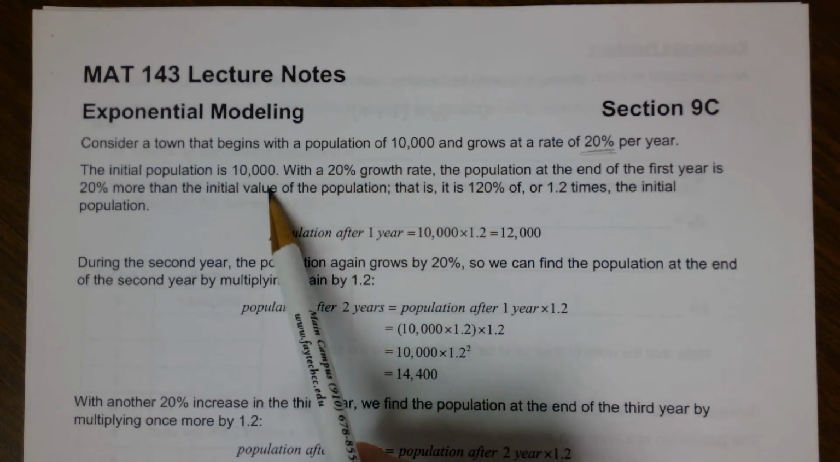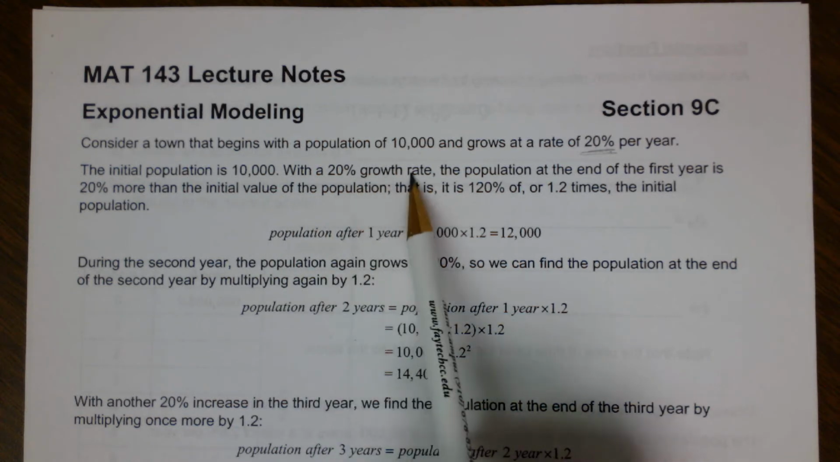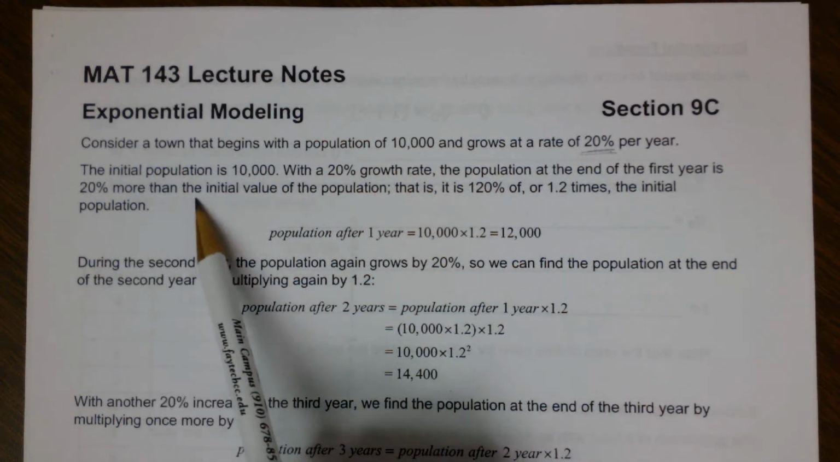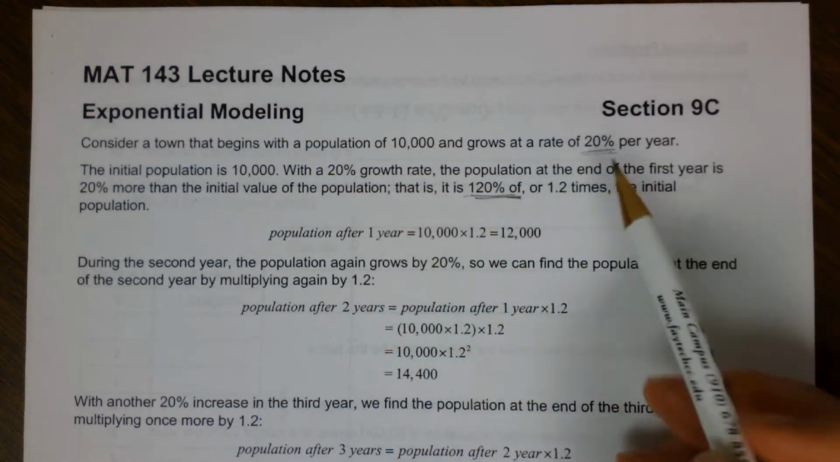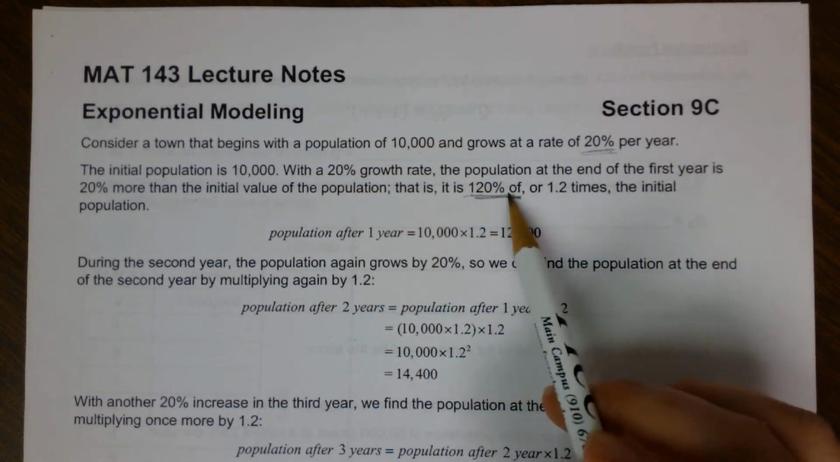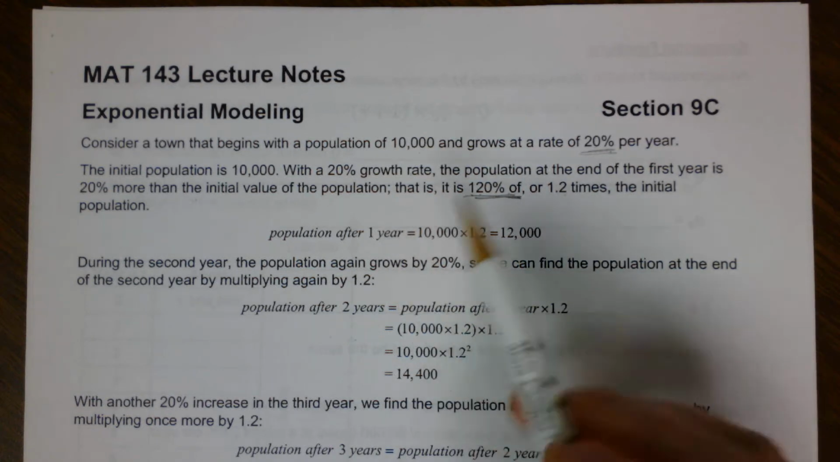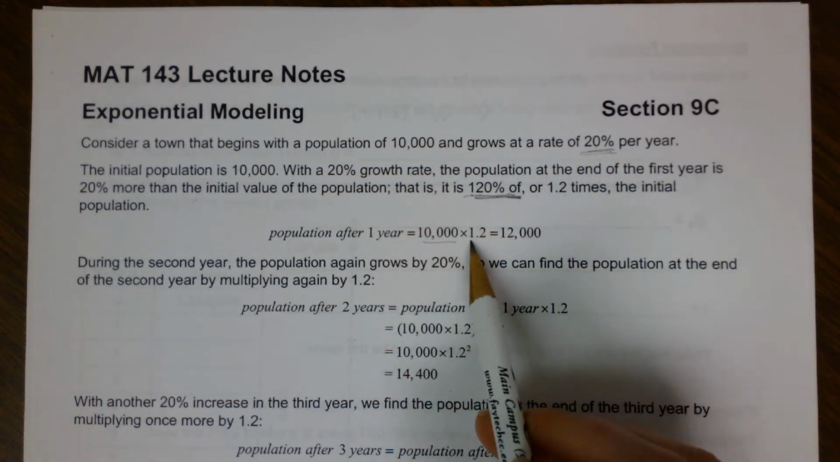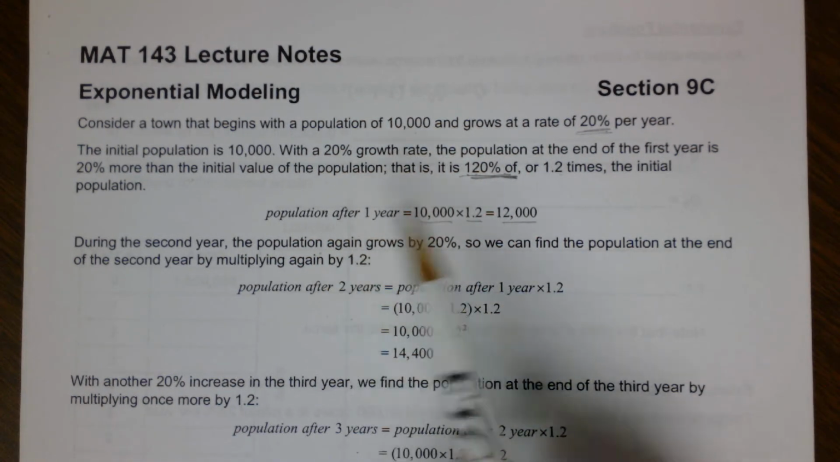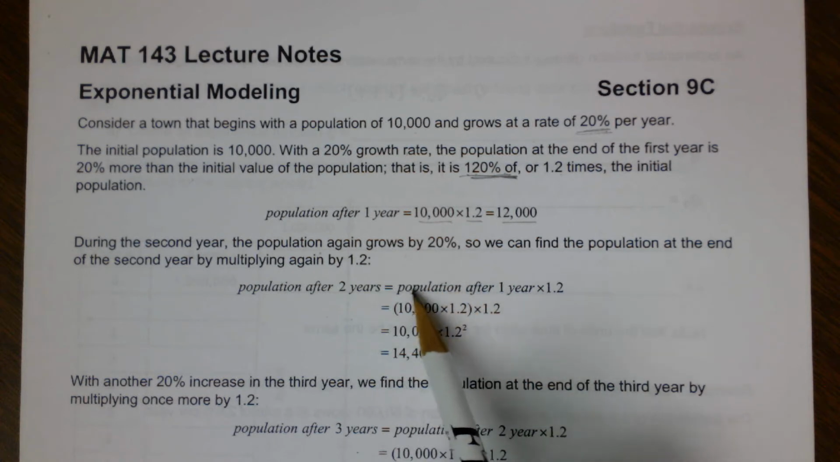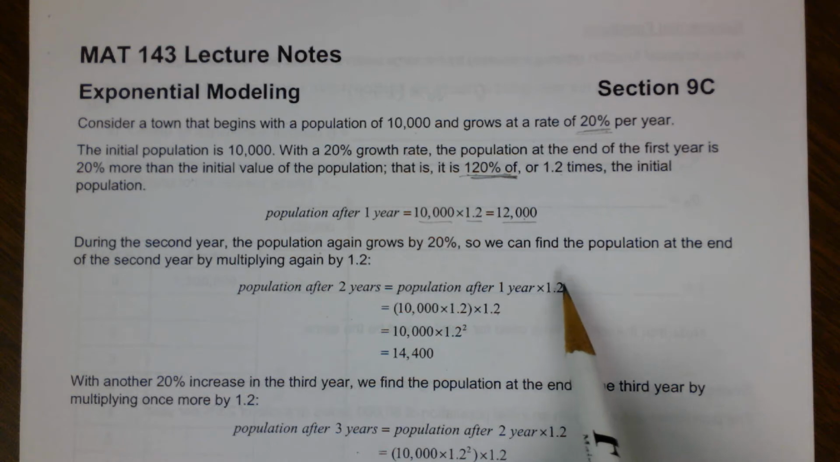So the initial population is 10,000, 20% growth rate. That means that the next population is going to be 20% more than, or 120% of. Remember, we have talked about this already. So 120% of is going to be 1.2 times the initial population. So we take our initial and we multiply by 1.2 to get 12,000. We talked about this in 8A as well. So during the next year, you're going to take the previous amount, which was 12,000, and again multiply it by 1.2